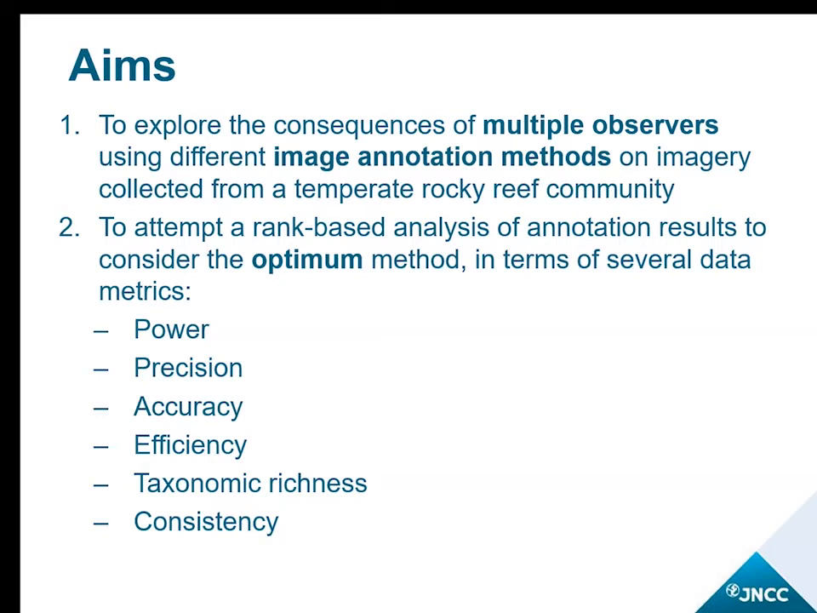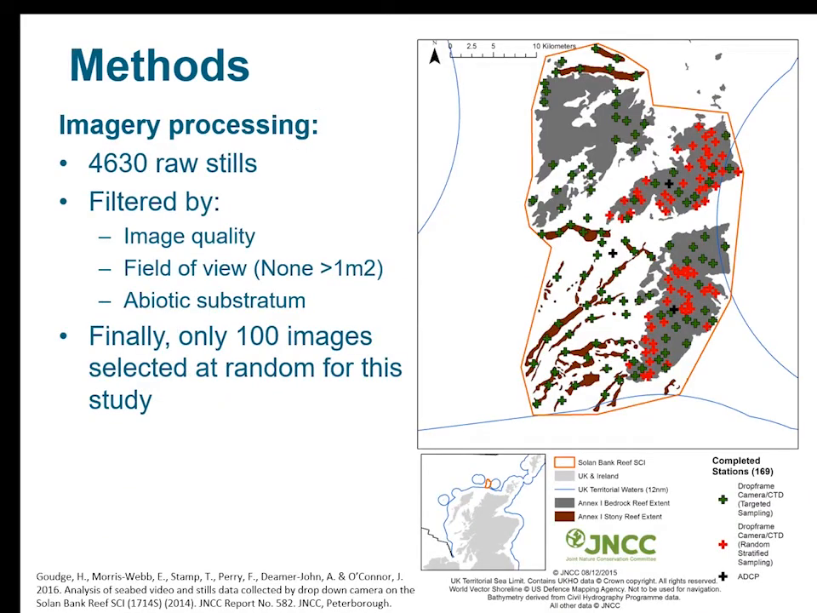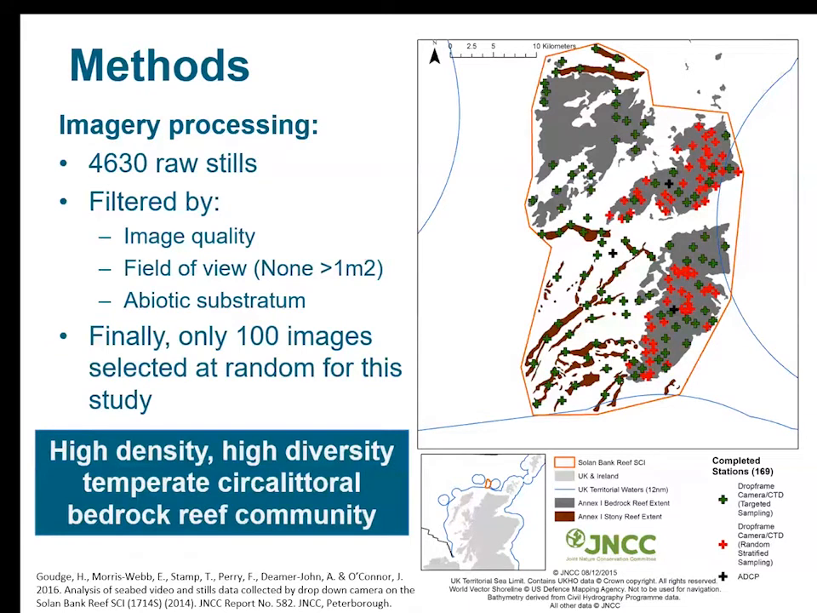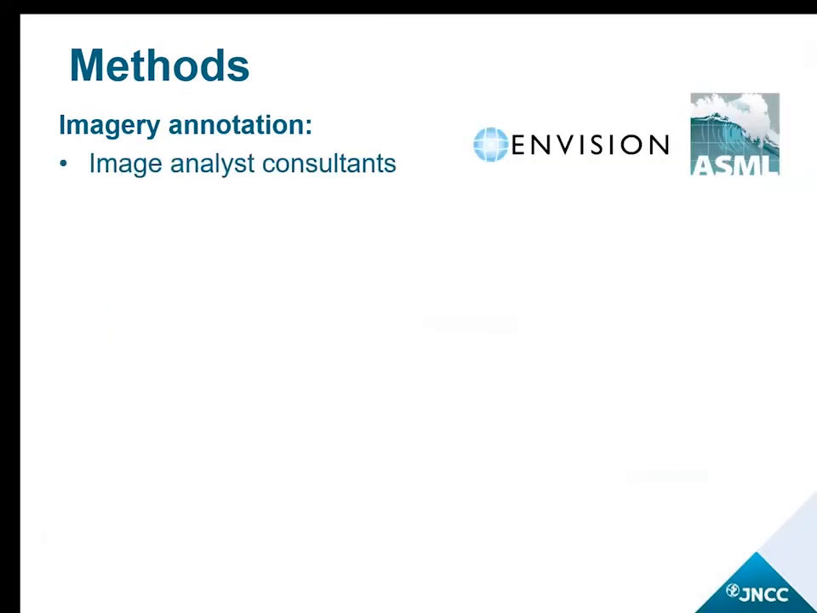Our purpose, you don't need to look at most of this. Our purpose really was to come up with an approach that suited a high density, high diversity, temperate circalittoral bedrock reef community. This is a picture of where that was in Scotland, North Scotland. We had over 4,000 still images. We didn't have a lot of time on our hands, so we selected just 100 really good images, and we ran with those. And we gave those images to senior and junior analysts,